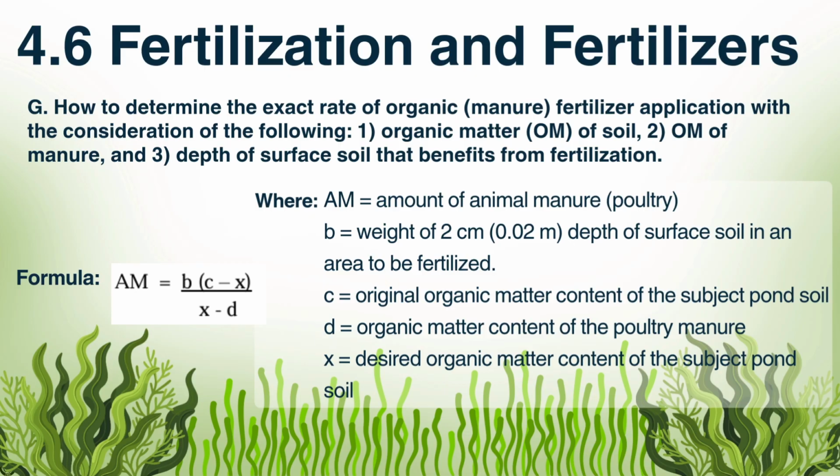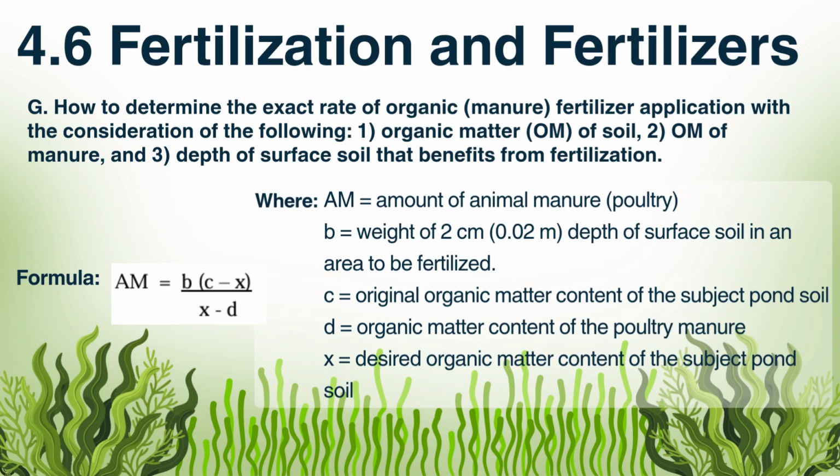Lastly is how to determine the exact rate of organic fertilizer application with the consideration of the following. First is the organic matter of the soil, second is the organic matter of manure, and lastly the depth of surface soil that benefits from fertilization. Shown here is the formula. AM is equals to B multiplied by C minus X